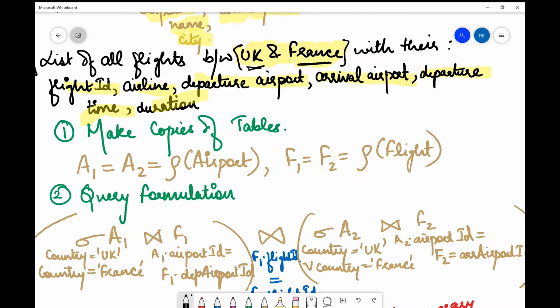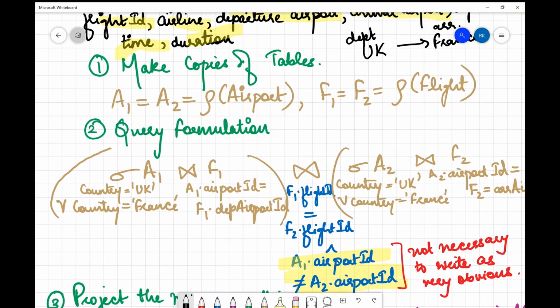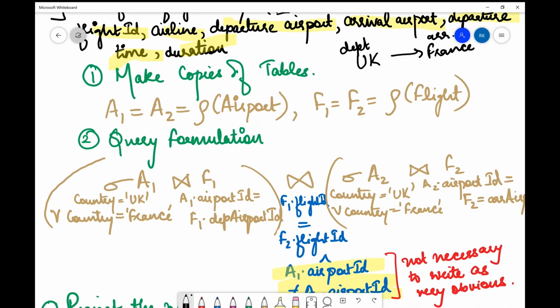How I thought was, I thought of only the first case, when it is departing from UK and arriving at France. So why not just think about the first case first? What I did over here is, just for a moment, forget about this and this.